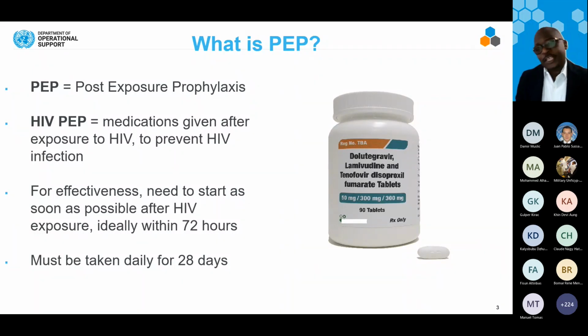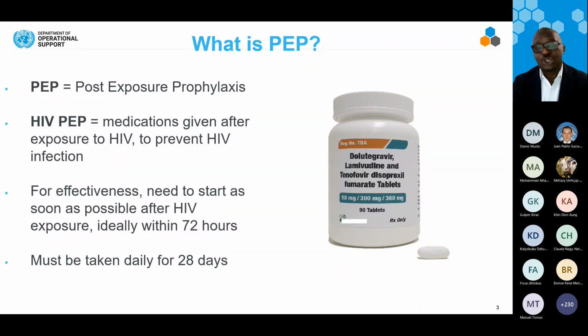For HIV PEP to be effective, it must be administered within 72 hours of exposure. If you administer this medication after the 72 hours, the efficacy of the medication at stopping the HIV infection cannot be guaranteed.